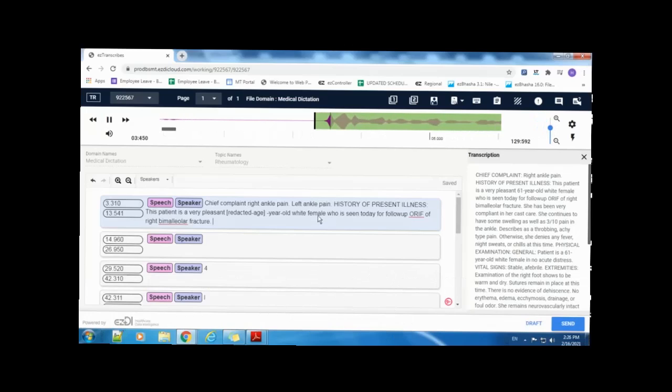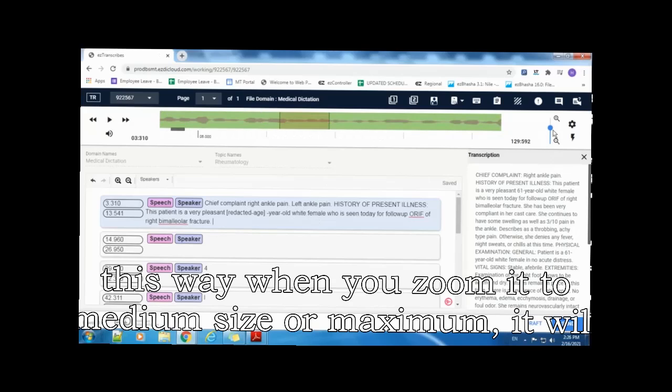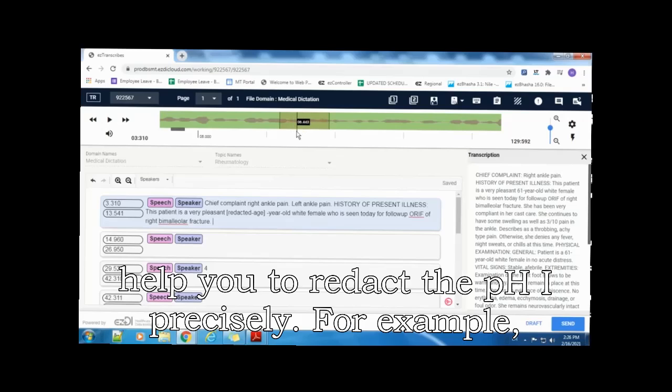This way, when you zoom it to medium size or maximum, it will help you to redact the PHI precisely.